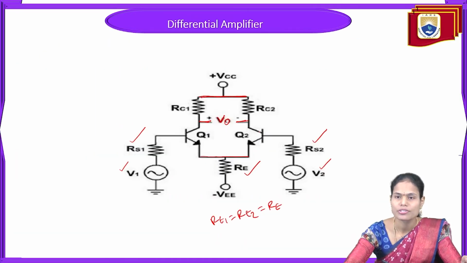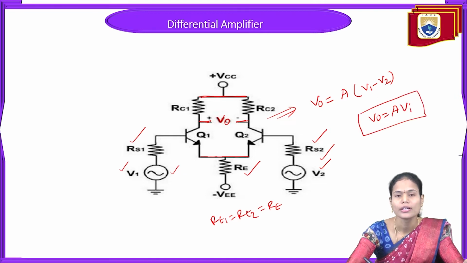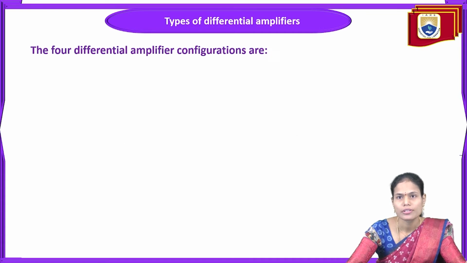So the basic function of this differential amplifier is this: it will take the difference of the two applied input voltages and it will amplify the difference of the two input voltages. So the output voltage V0 is the gain times the difference of the two input voltages here. In the case of a normal transistor, we will get V0 equal to A times the applied input voltage. But here, instead of a single voltage, we are taking two voltages, that is from two transistors. So depending upon the different configurations used in the differential amplifier,